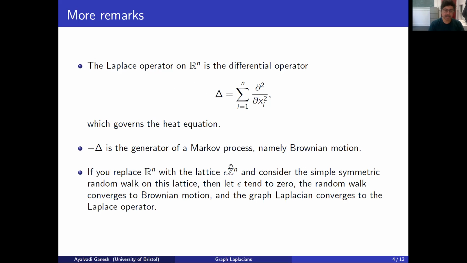And if you consider the simple symmetric random walk on this lattice, so from any vertex you are equally likely to move to each of the neighbors, and then you let epsilon go to 0 and rescale time appropriately, then this random walk converges to Brownian motion, and the graph Laplacian on this rescaled integer lattice converges to this Laplace operator. So that's somehow the